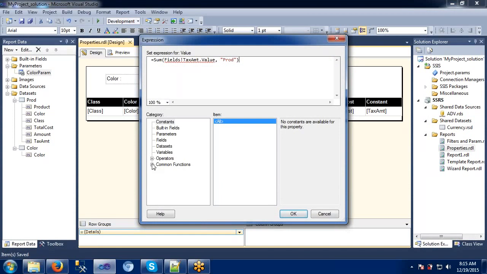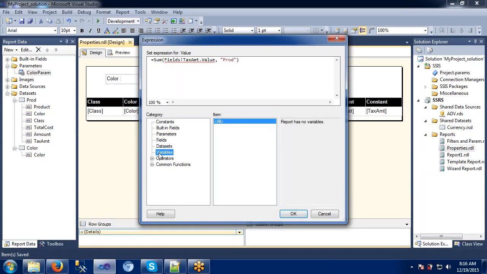Okay, data sets here. And colors, we have only the first color, which color we are using. Anyways, it's displaying on the parameter. If you want to display it somewhere, we can display it here. Here the sum of the total cost, sum of the tax amount, sum of the total amount, we can calculate it directly by using these data sets. Okay. The next one is variables.